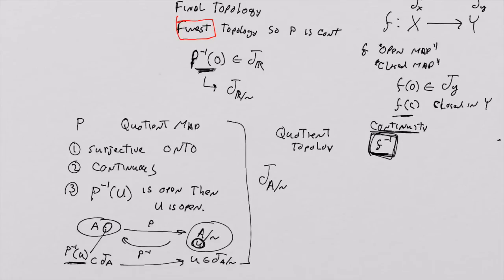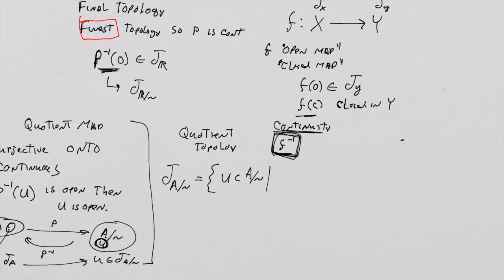T of A by some equivalence relation is going to be the set of all subsets of the quotient space such that U is actually the union, for every equivalence class that's an element of the set U, this is going to be an element of the topology of A. So the way this works is